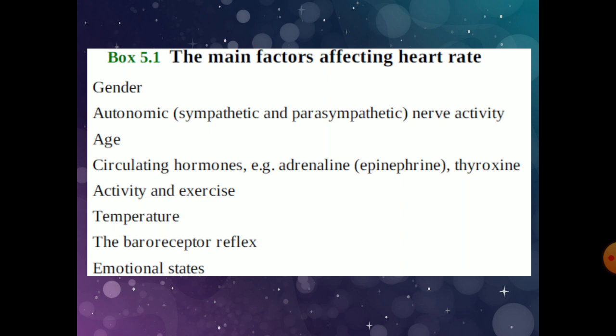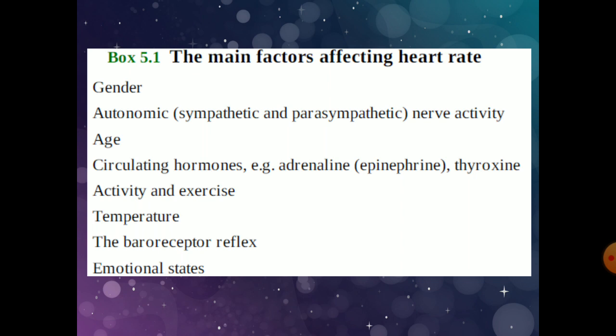Okay, now you can see the main factors that affect the heart rate. There are some factors given here that affect the heart rate, like gender. Gender means male or female. In males there will be more heart rate as compared to the females. And autonomic system, when there is increased sympathetic activity, there will be increased heart rate, and when there is increased parasympathetic activity, there will be decreased heart rate. Sympathetic activity, also known as the fight and flight activity, and the parasympathetic is known as the rest and digest